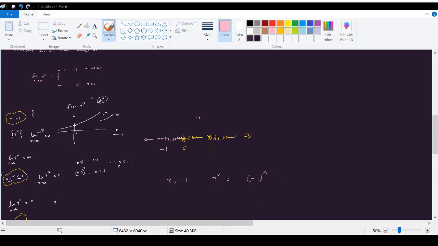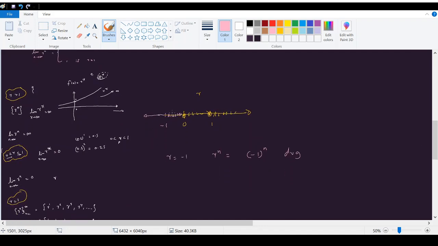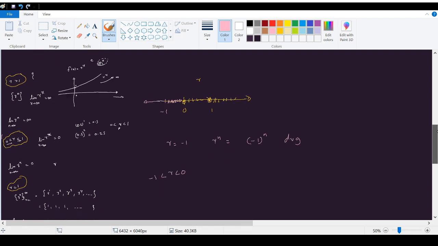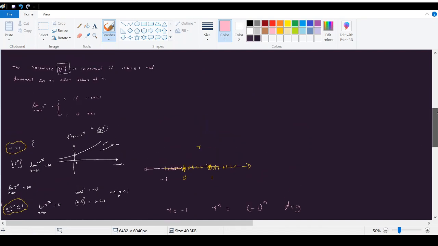That means the sequence will diverge, right? So the sequence will diverge when r is equal to -1. And how about the terms in between? That means r greater than -1 and less than 1. So for that, in order to determine the convergence of this sequence when r is within this range, we can use the